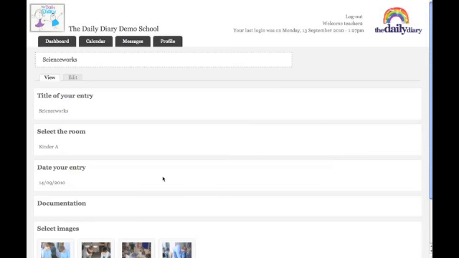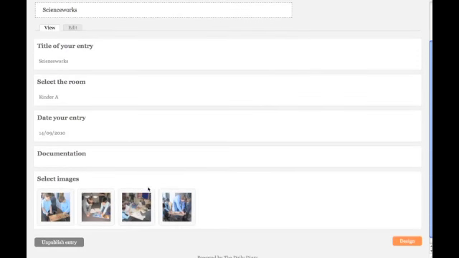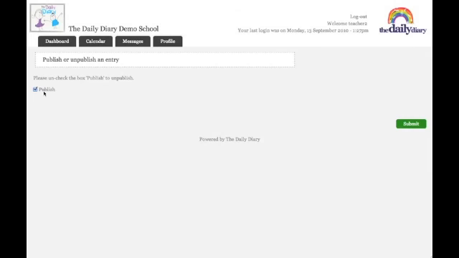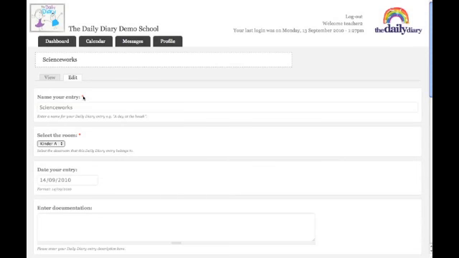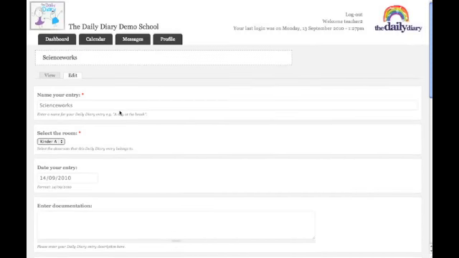Here it takes us back to the edit screen. You can simply go Unpublish Entry, and that will remove it from the calendar altogether, so parents will no longer be able to see that entry. Now you can make any changes just by going into Edit here and make any changes that you want to make. Alternatively,